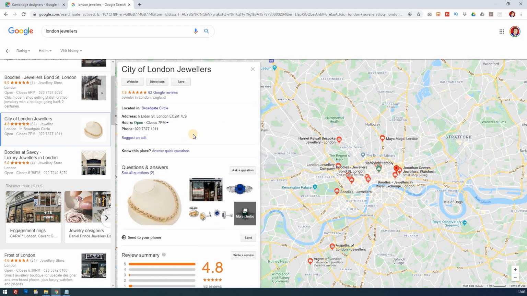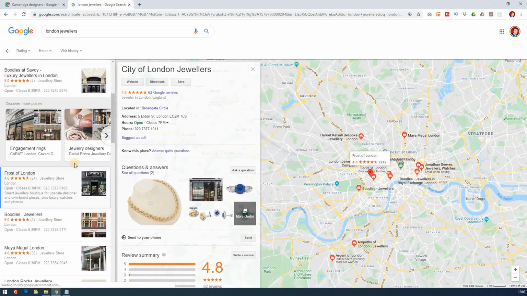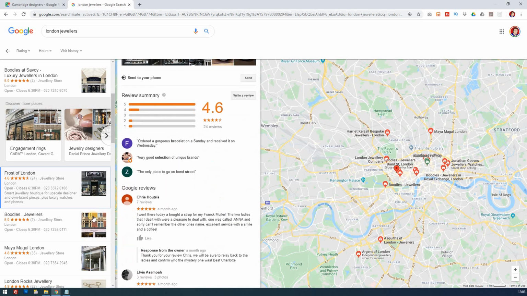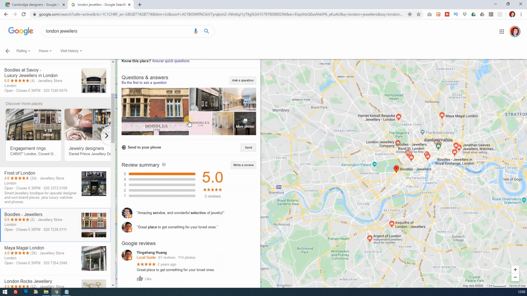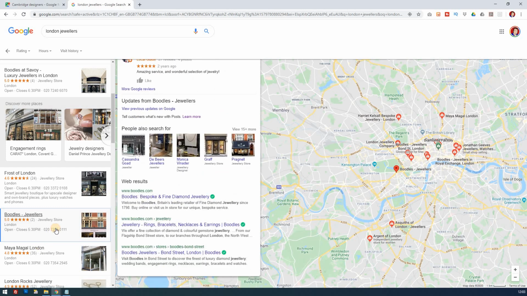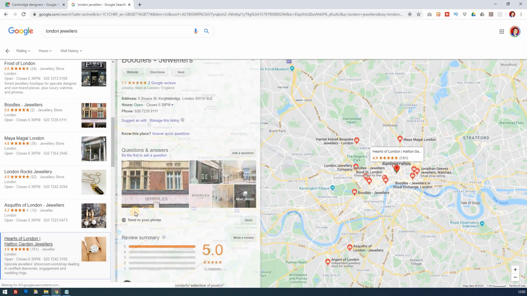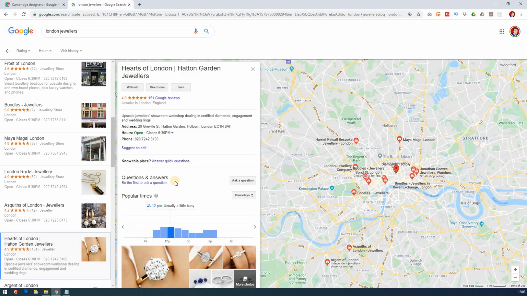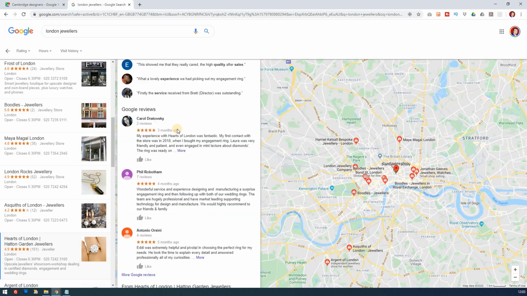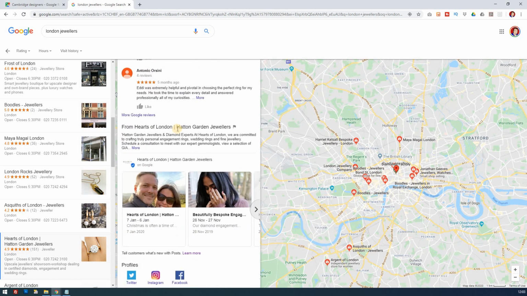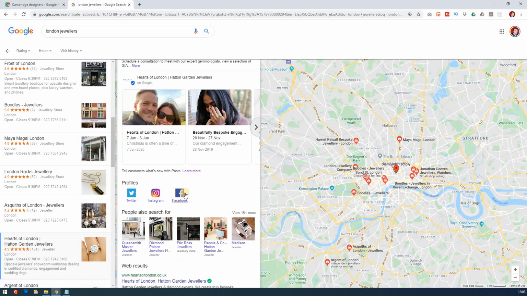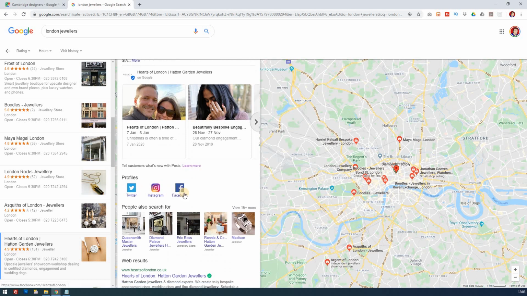You notice in all these things that I'm going through, and I'm going to go through a bit quicker now, that responses are important, filling in all the facts is important, having products if you can is important, making sure you've got your times in there, making sure you've got all the details. Again, they're using some nice keywords in the entrance here, Hatton Garden, getting good reviews, and making sure that even social can make a big difference to how you're appearing.